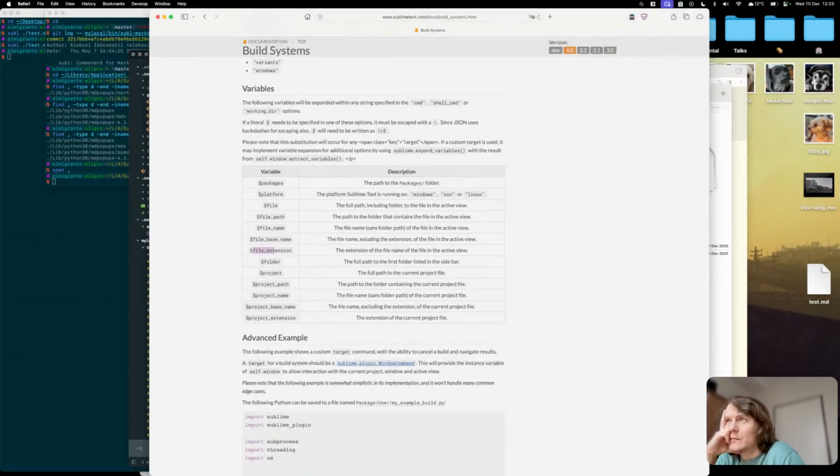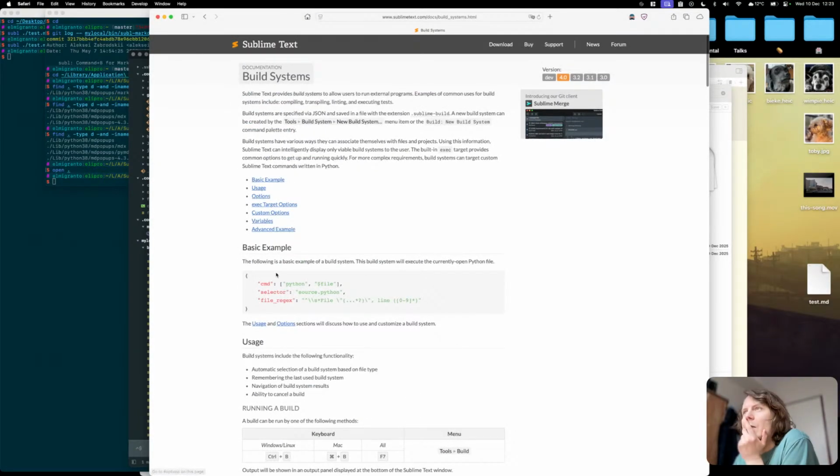Okay, but build system to allow users to run external programs. Example of common uses include blah blah blah. Build system of various